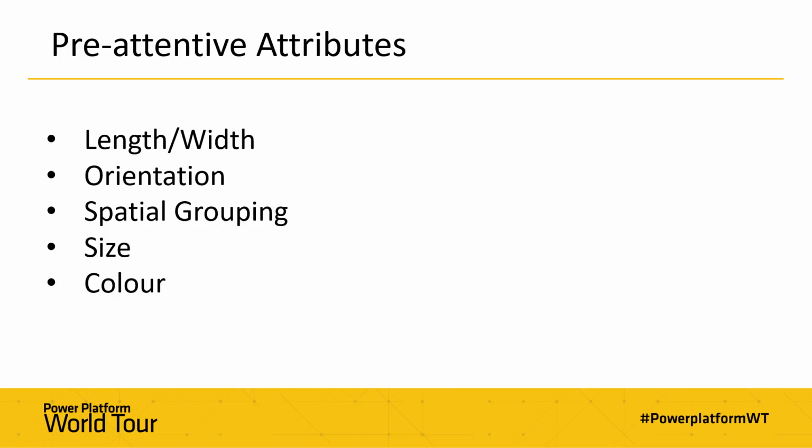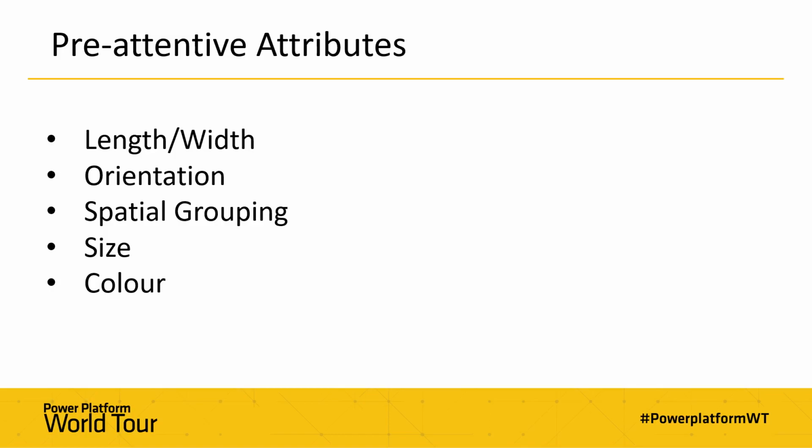So color is probably one of the most important pre-attentive attributes, and also one of the hardest because it comes with the most constraints. We have to use corporate branding. We have to be careful about accessibility, so color blindness, for example, and also look at how color is being used in graphs and use it sparingly. And actually, these constraints, whilst they could seem annoying, are quite good because they force you to really think about things. And actually, the advice for color really is to make everything grey and then color specifically the items which you want to show.